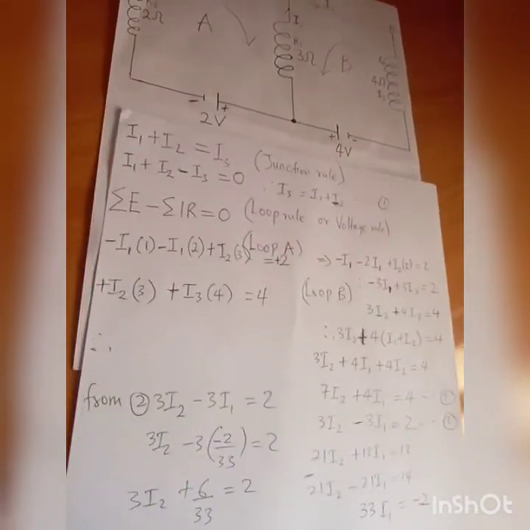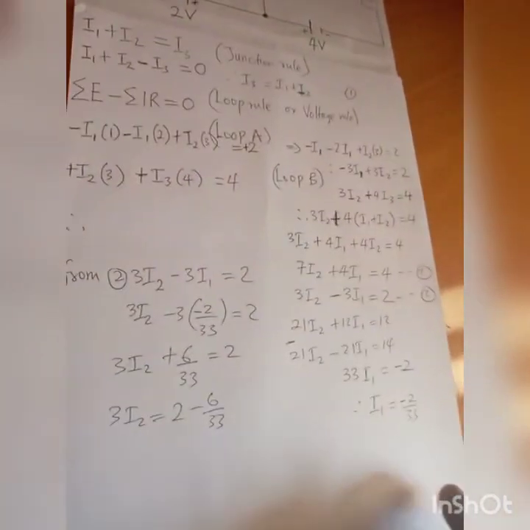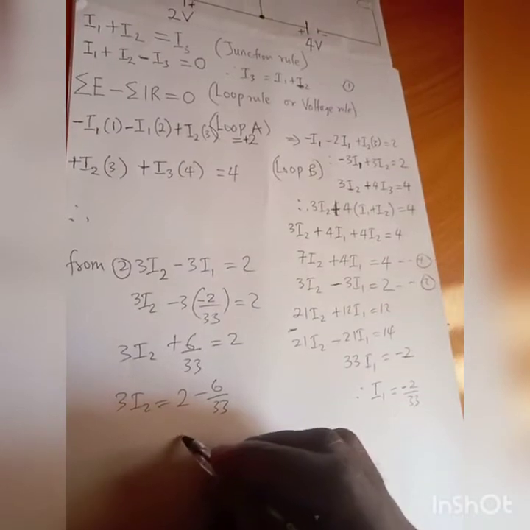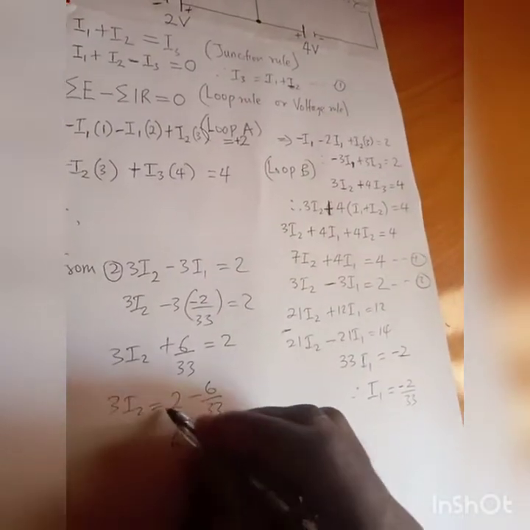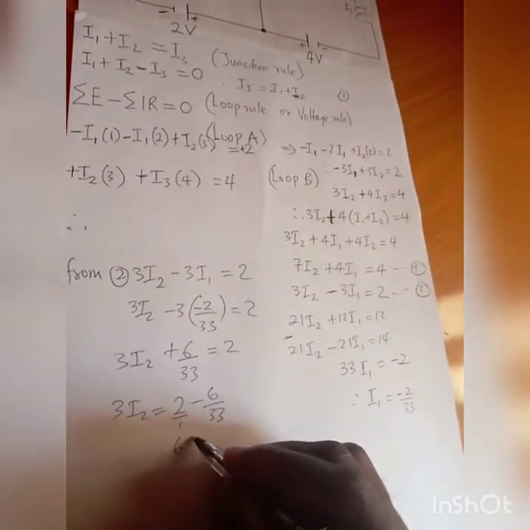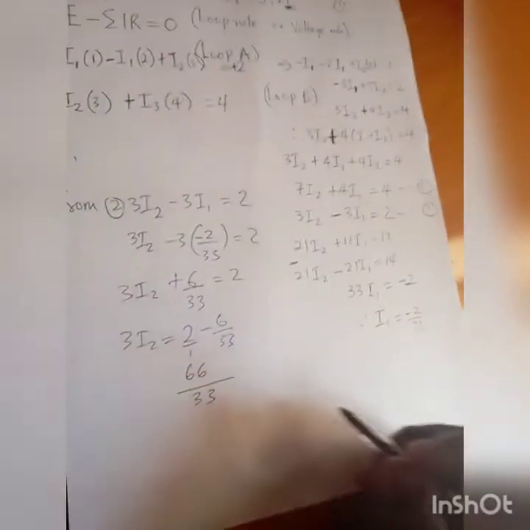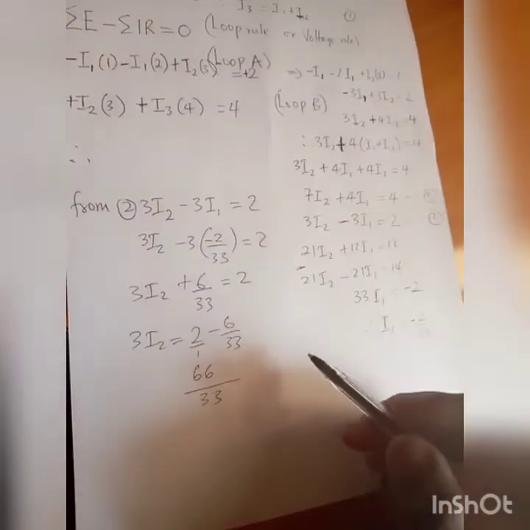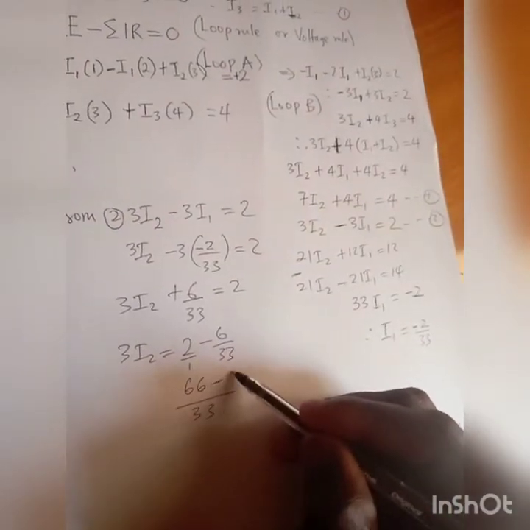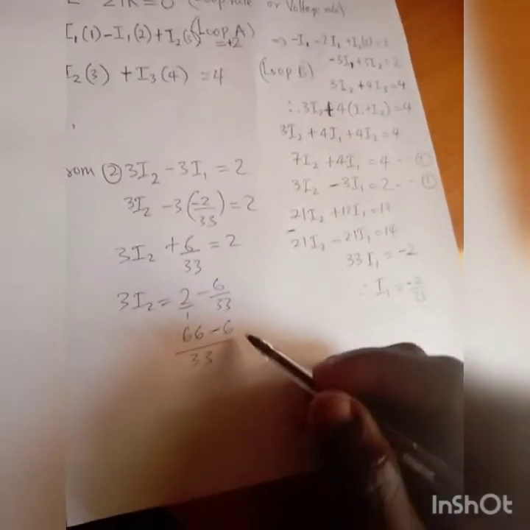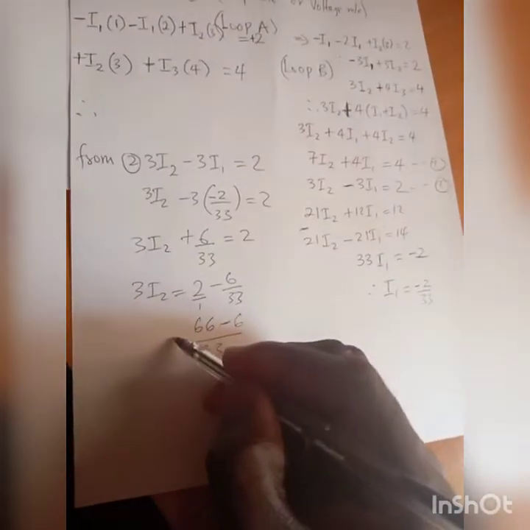That will be giving you 6 over 1. LCM is 3. 1 divide 3 is 3 times 6, 6 minus 6 all over 3. Okay? Equal to